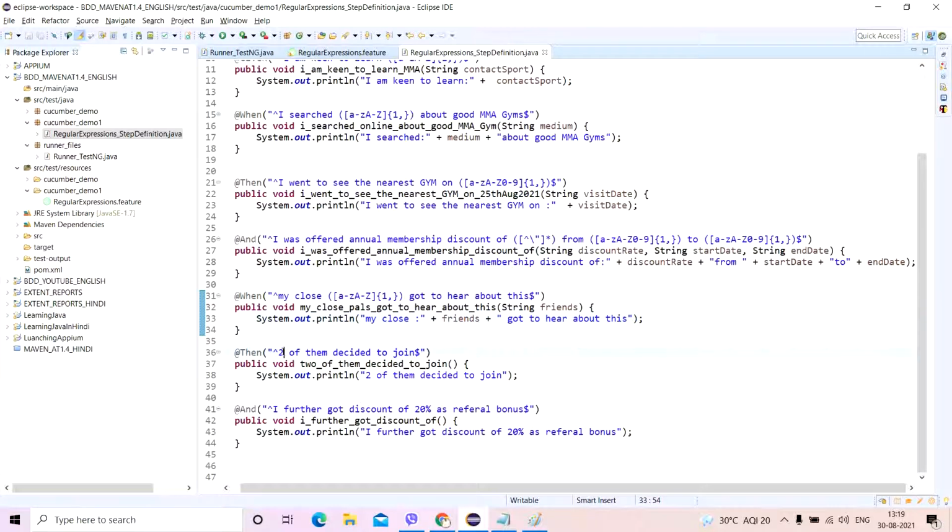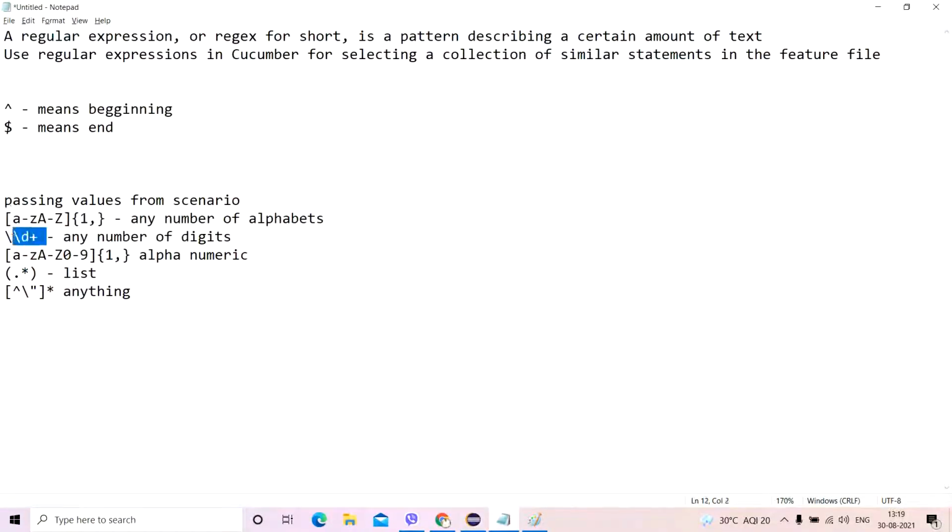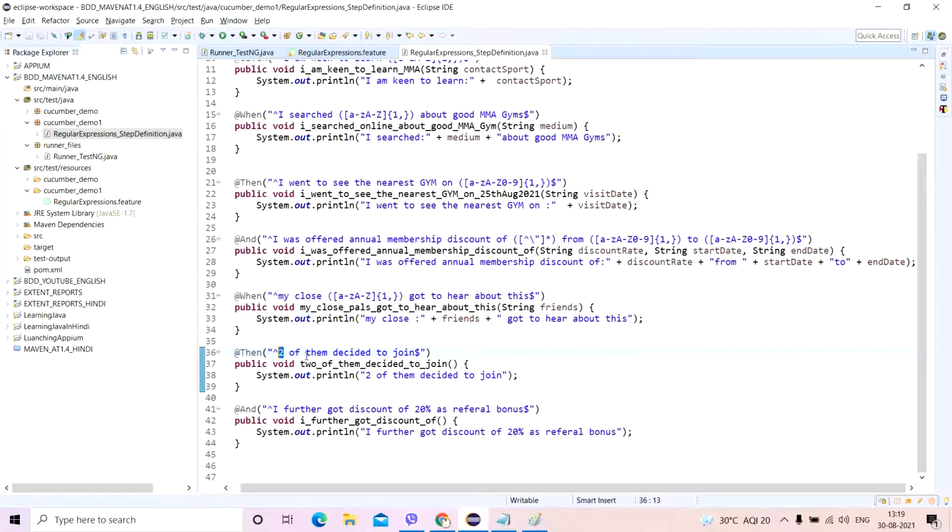So here 2 is purely an integer. So for integer we have this \\d+. Since I'm copying, it will copy twice. So this is it.